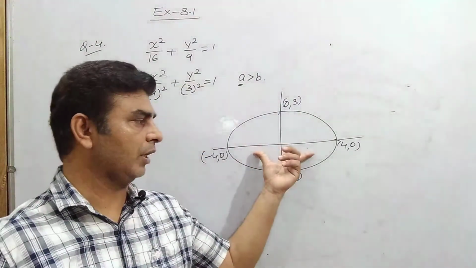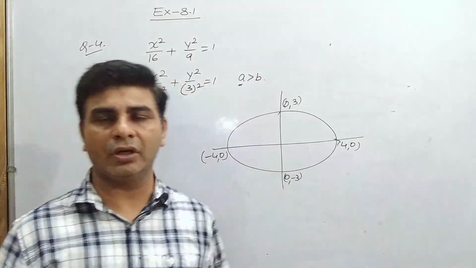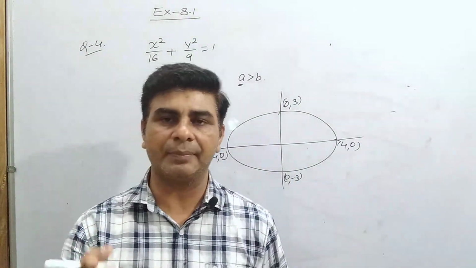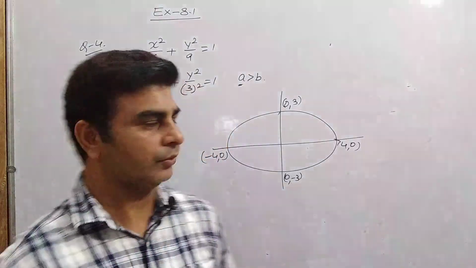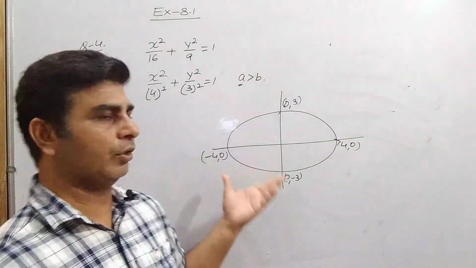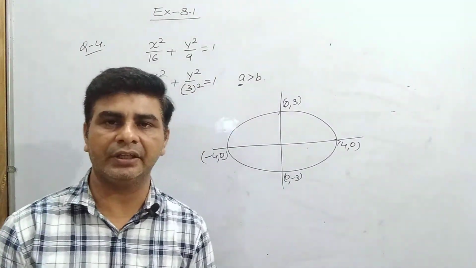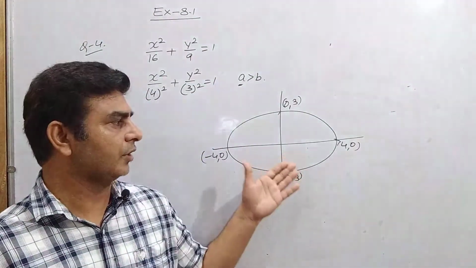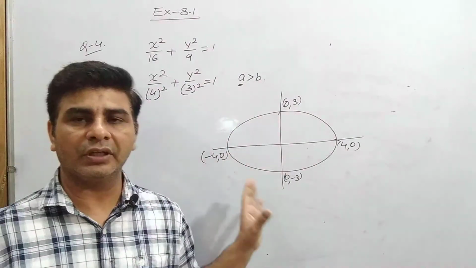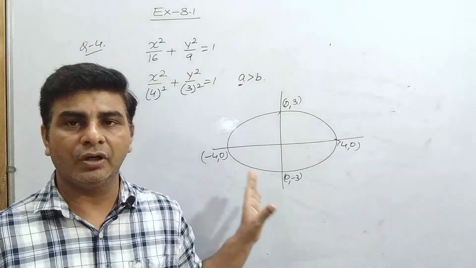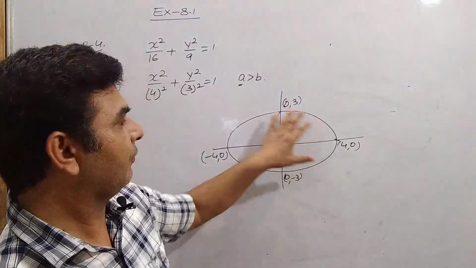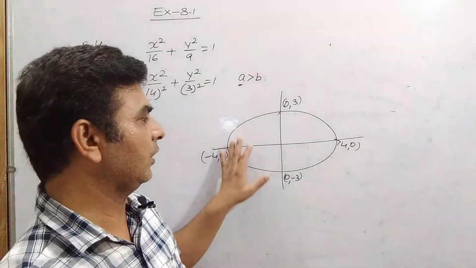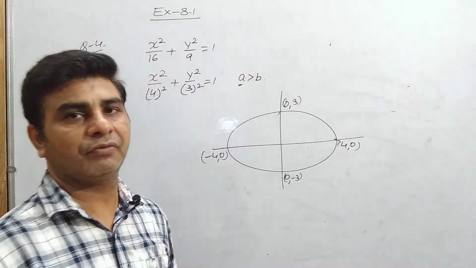जो मेजर एक्सिस है वहाँ पर along x-axis है, so this is your horizontal. और अगर मेजर एक्सिस आपकी along y-axis होती तो this is known as a vertical ellipse. So this is horizontal. और हमें कोई रिक्वायरमेंट भी नहीं, हमें ज़रूरत भी नहीं है कि ये हॉरिजॉन्टल है वर्टिकल है. It is just needed to draw the graph in your paper. So if this is your given ellipse, then the area of this curve will be given by